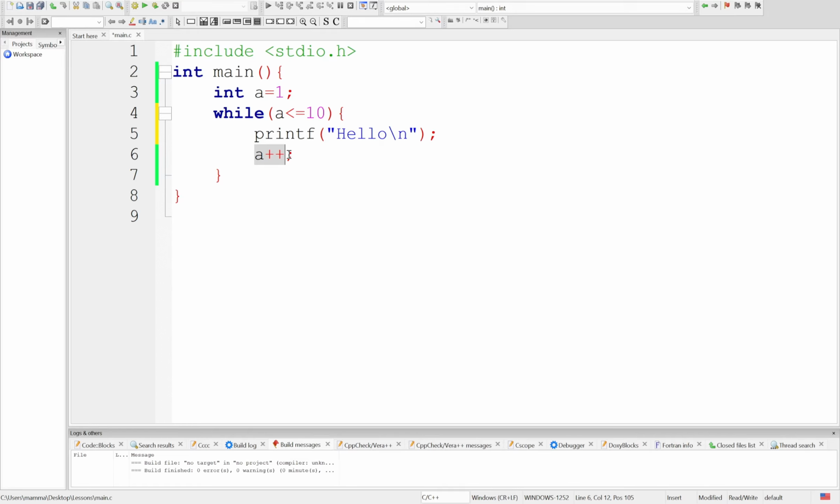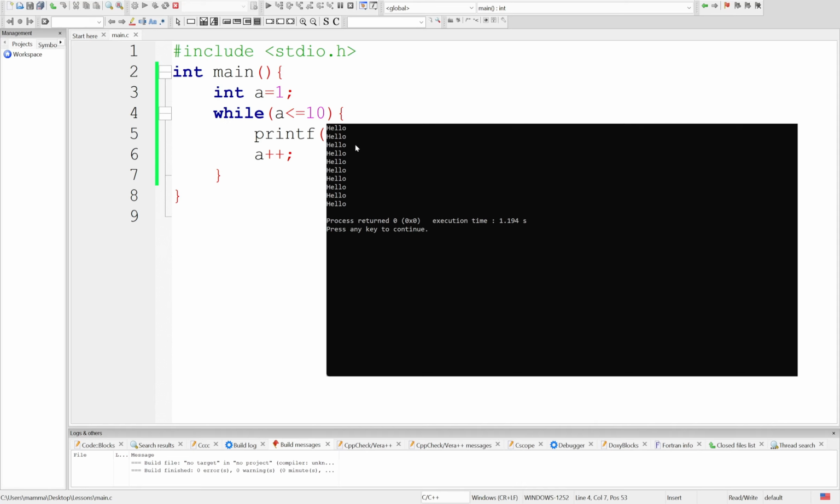Then a will become 2, 2 is less than 10, 3 is less than 10, 4, and so on. It will reach 10, and it will check: 10 is less or equals to 10, so it will print out hello for the last time, and then a will become 11, and it will check it again. This time we'll see that a is 11, so 11 is not less or equals to 10, so it will not print out hello an 11th time. Here you can see that it prints out hello